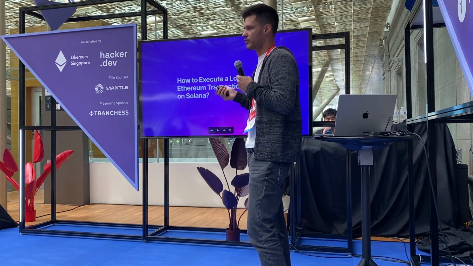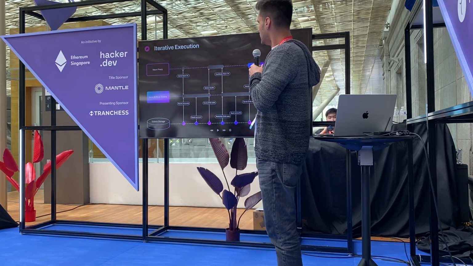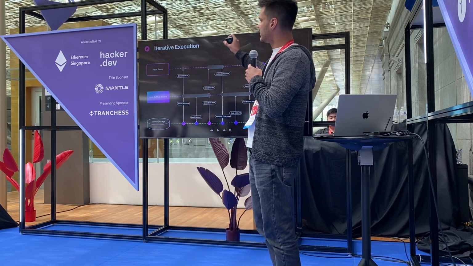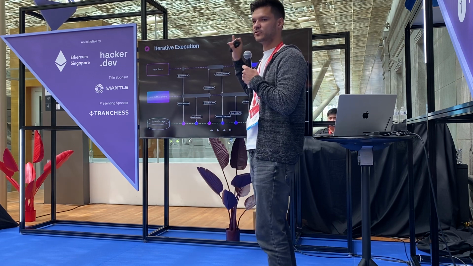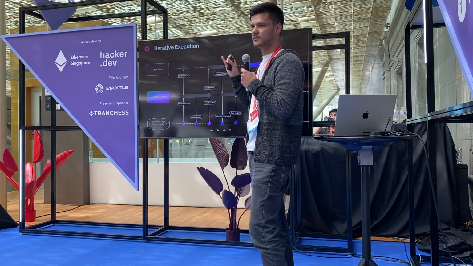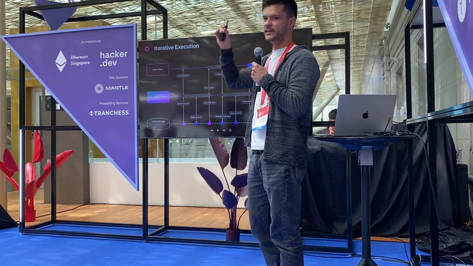So as long as you don't reach the block gas limit, you're fine, and as long as you pay your transaction fees. So how we did that is we have this iterative execution. So if a transaction is really, really big, we split this Neon EVM transaction into a couple, maybe 10, 20